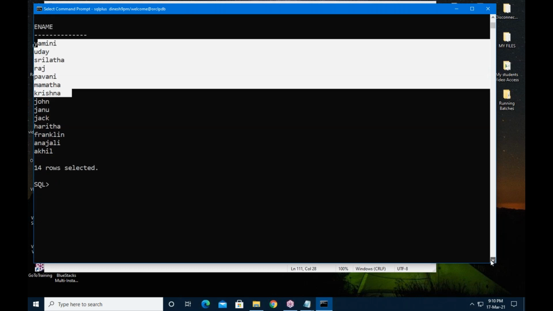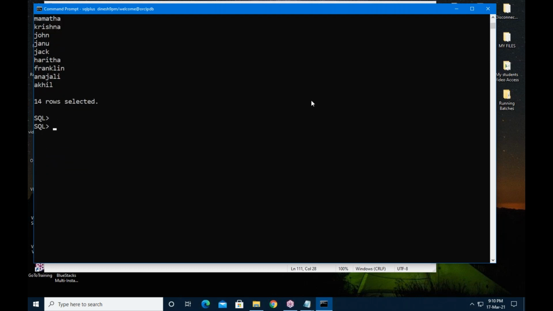Next one. Get employee names, designations and salaries, based on salary order.